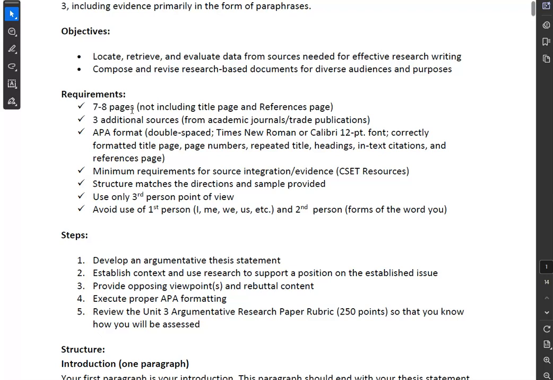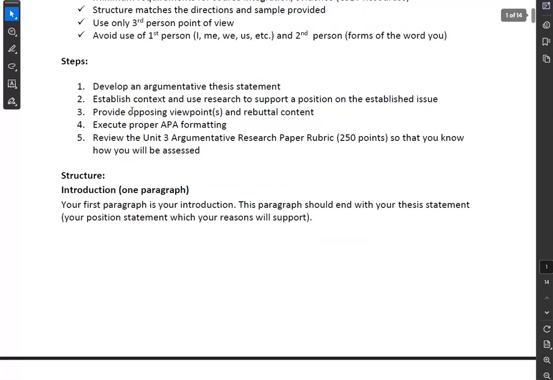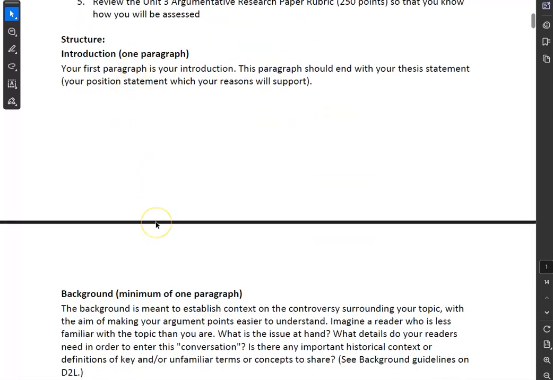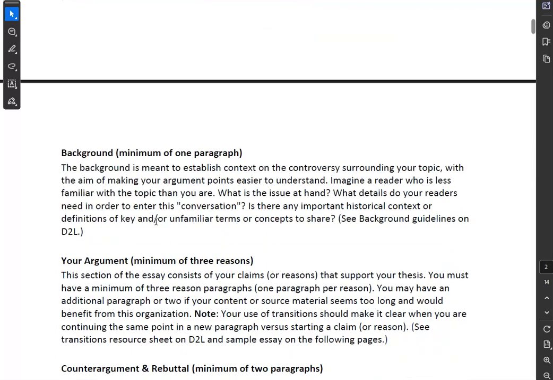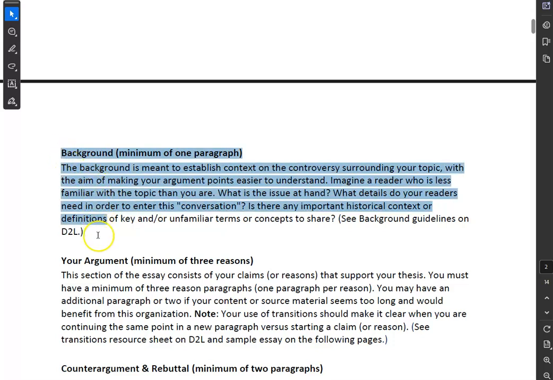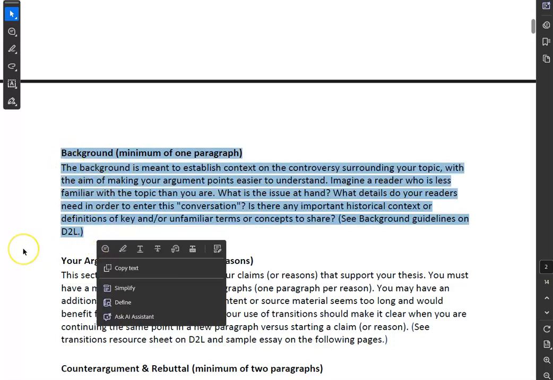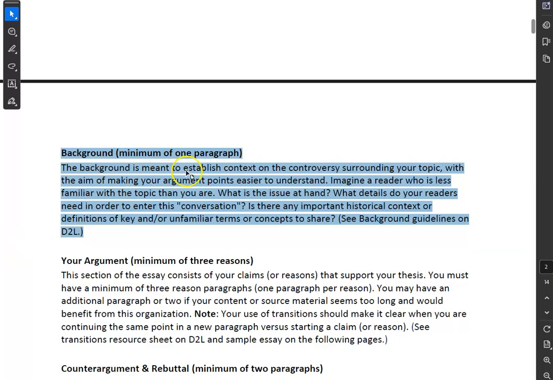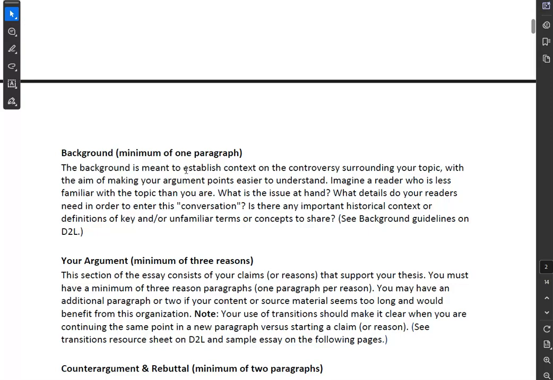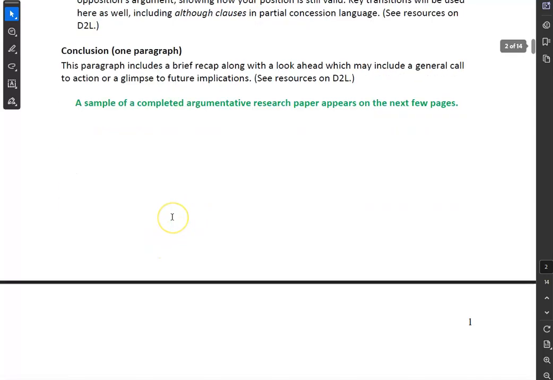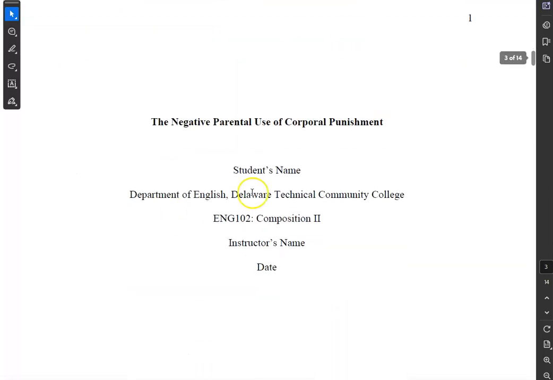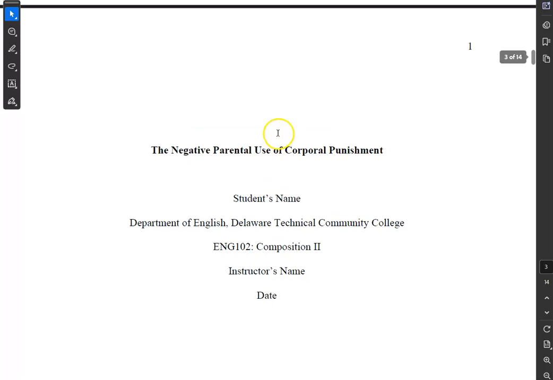Let's move on. Then we have our breakdown of the paper right here. You can look through this on your own. That's no problem. We've talked about it in the past. The one thing I do want to bring up is your background section. A lot of people get confused here. This is anything your reader needs to know to understand the basics of your argument as a whole. Okay? So, go through that. Then we have all the pieces that you are very comfortable with. And then down here on page 3, we start with the sample document.